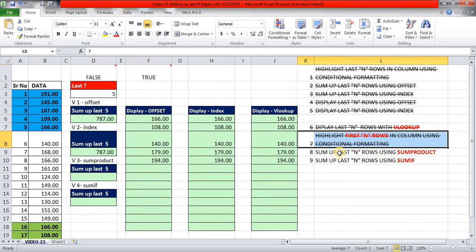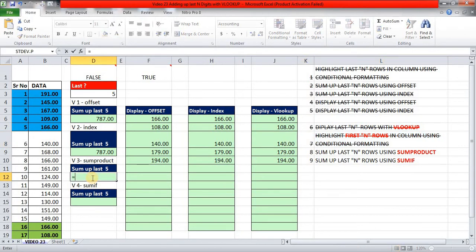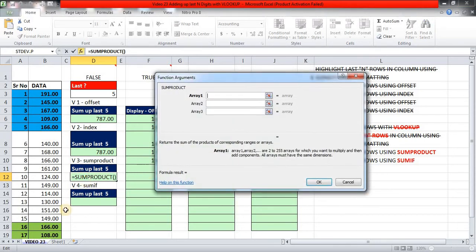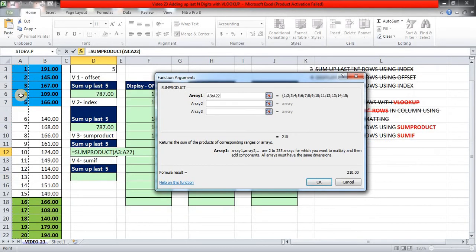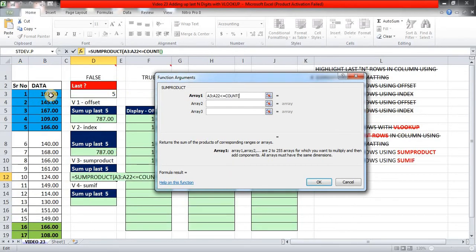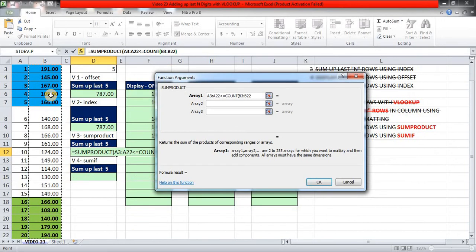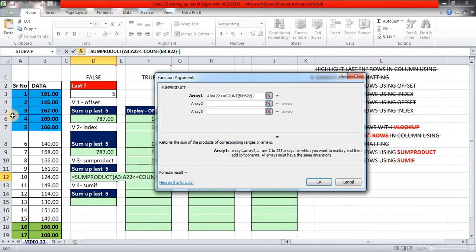Then the next challenge is how we can sum up the last n rows using SUMPRODUCT. So here is equal to SUMPRODUCT, tab. I am using the function wizard, and for that I am pressing Ctrl A on the keyboard. My criteria will be how many of you are less than or equal to the count of this, minus